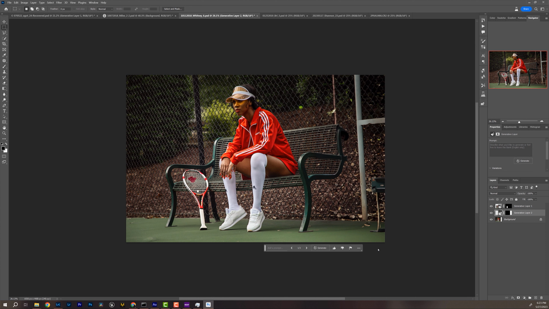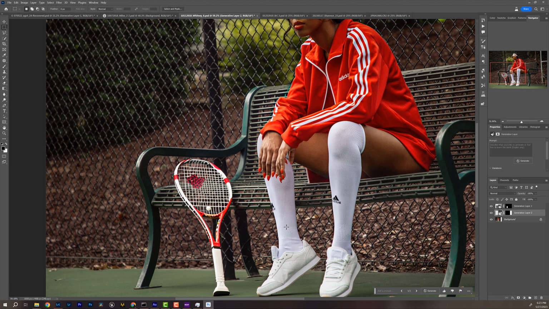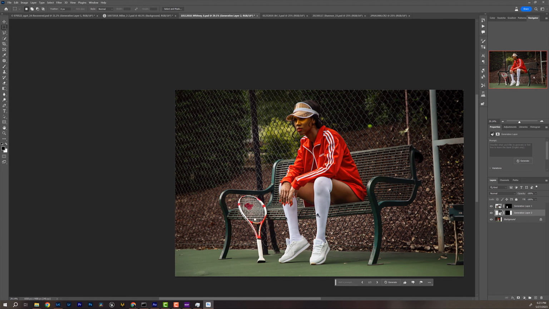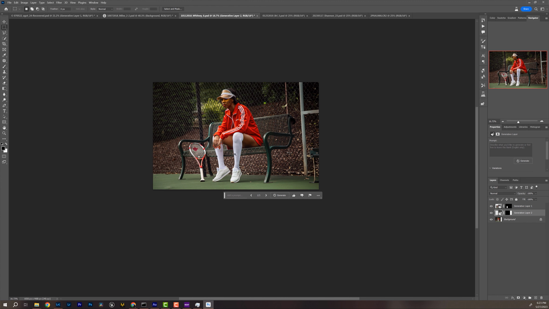Outside of the fact that it's missing a leg, so I can easily just Photoshop this leg over here and call that a day. Like, that's really not bad. And you look at it from a distance, if you can imagine a leg being here, it looks legit. Yeah. Oh yeah. That's incredible.